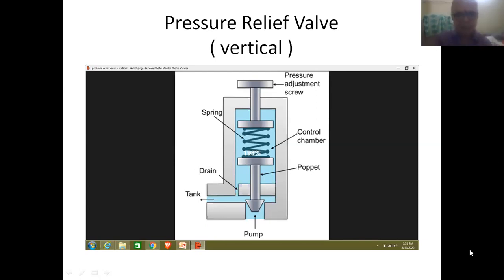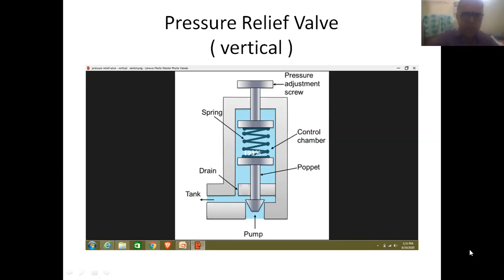And finally, friends, we can see the inlet of the valve connected to the branch pipeline coming from the hydraulic pump, and the outlet of the valve is connected to the return pipeline that is going back into the reservoir, also called an oil tank.